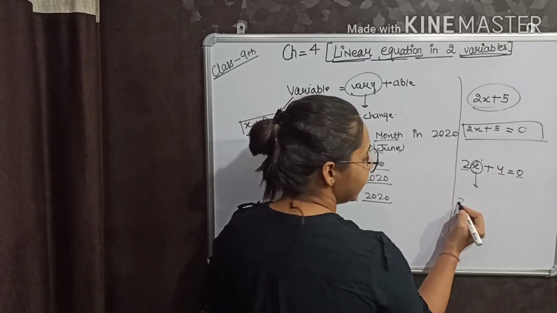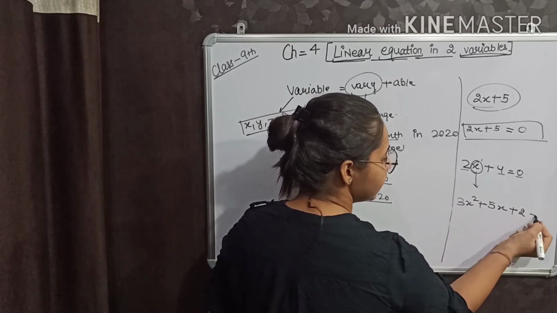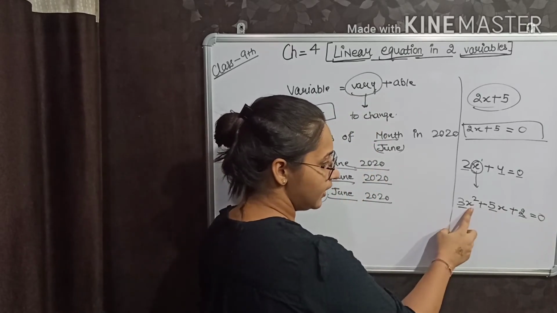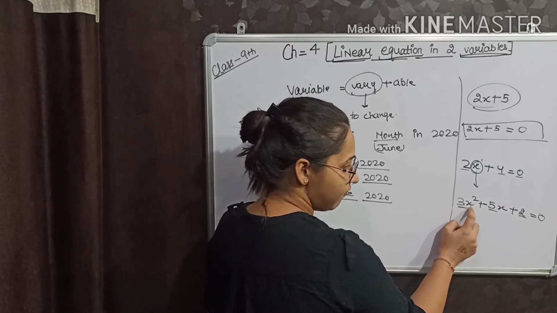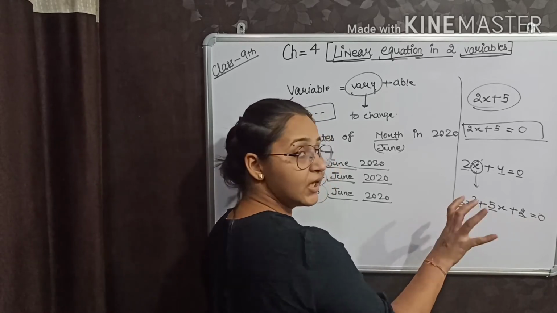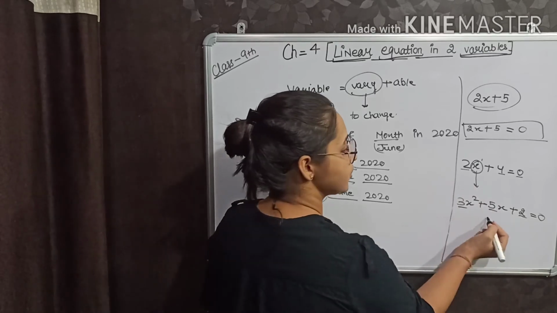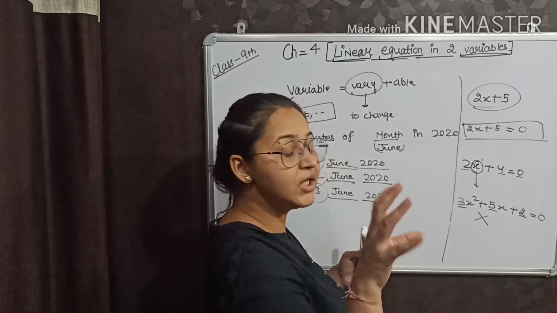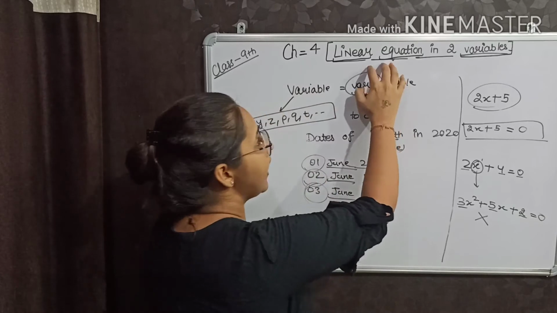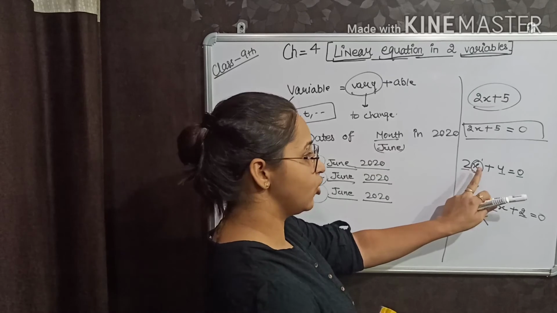I am telling you again, like 3x square plus 5x plus 2 is equal to 0. 3, 5, 2. These are constants. X is a variable. But see, here the power of x is now 2. Or you can say the degree of this equation is 2, because degree is highest power and highest power is 2. So it will not be a linear equation. Linear equation means the degree of variable is equal to 1. Now we have a linear equation in now two variables. We are discussing only of one variable.